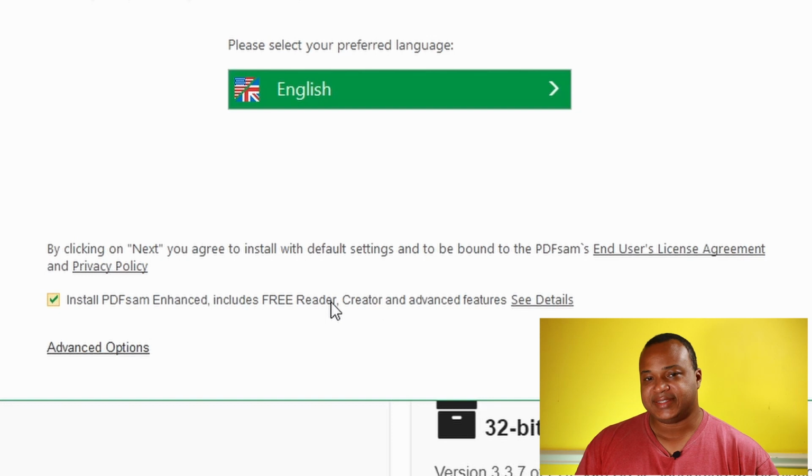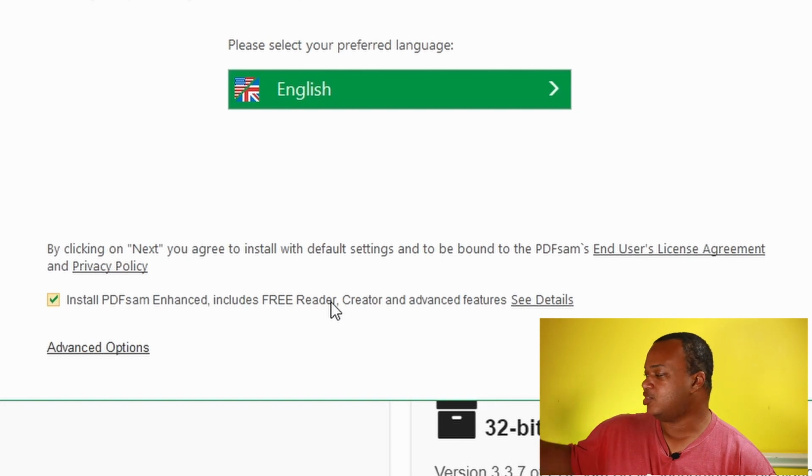This is why I say it's kind of open source, because it's not in the same spirit as open source. PDFSAM Enhanced wants to get your information, sell you products, and to me, if you're offering an open source product, it's kind of tricky to make you download something that you didn't intentionally download, right? I'm not going to say underhanded, but it seems like it's not in the spirit of open source, that it's supposed to be open and free, and you're not trying to trick people into downloading,